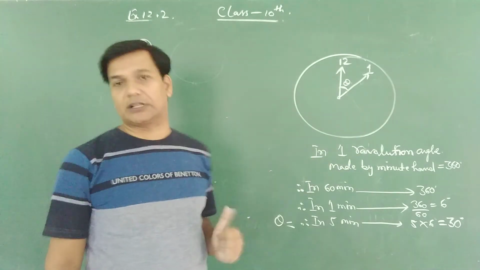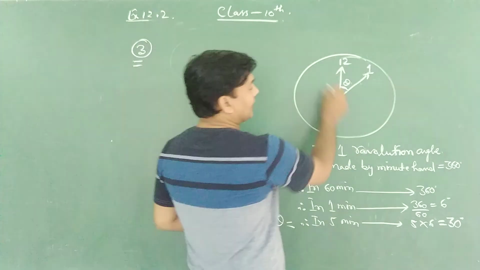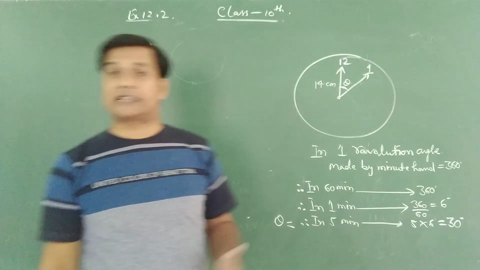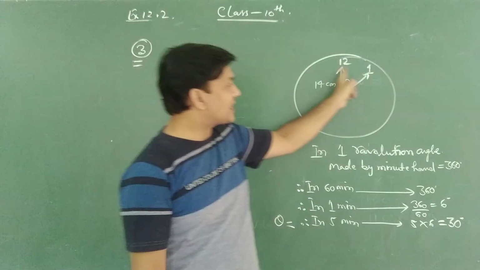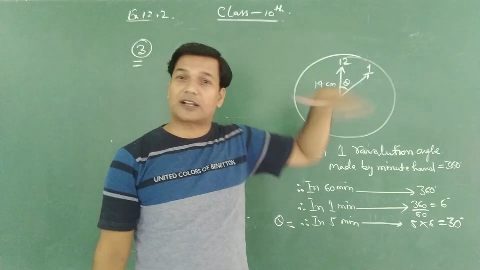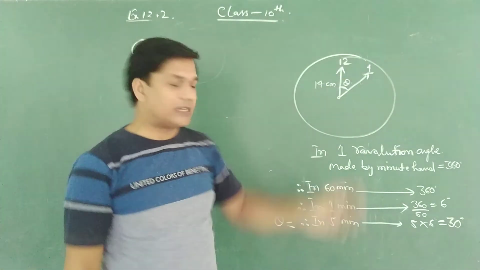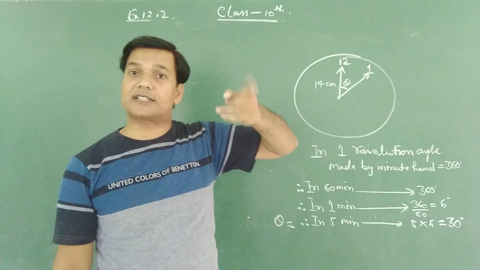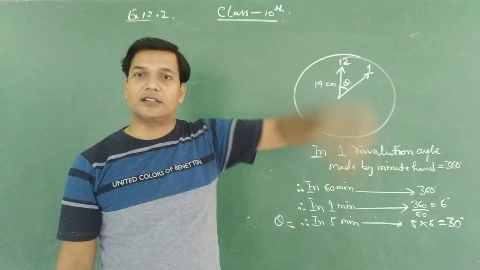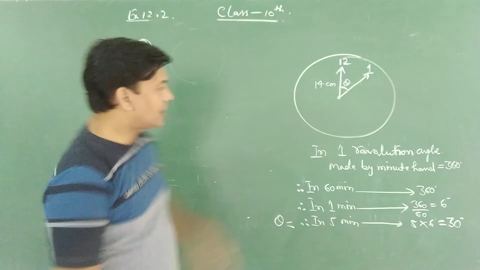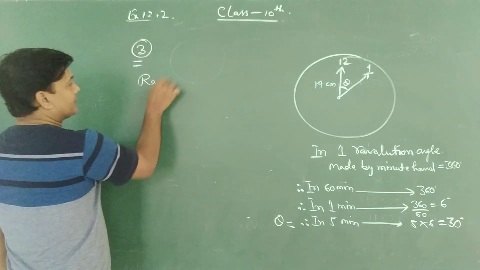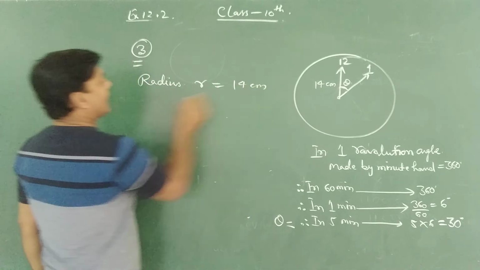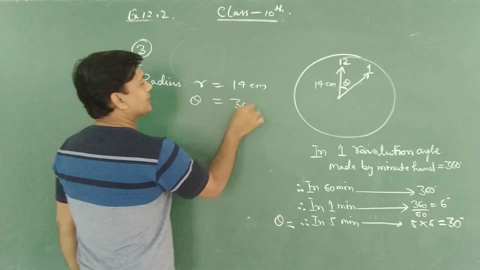Indirect रूप में दिया हुआ है. And the length of the minute hand is always known as the radius of that circle. क्योंकि मूव तो इसी को करना है, तो एक सर्कल तो यही बनाएगा. तो ऑब्वियसली जो लेंथ ऑफ द मिनट हैंड है, that is called radius of that circle which is generated by that minute hand. So radius is 14 and theta angle is 30.